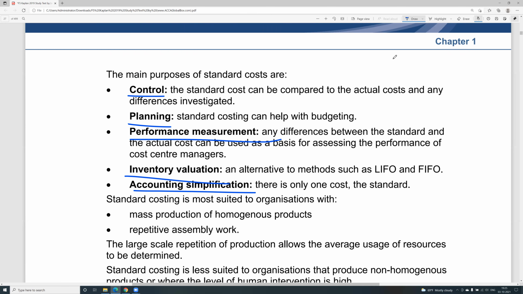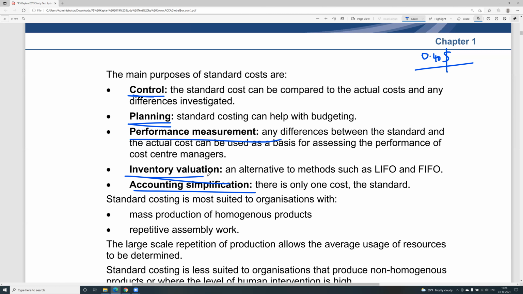If you have a standard cost, suppose I'm making a Coca-Cola bottle. The cost of making a Coca-Cola bottle is, suppose, $0.4, for example. When I know the cost of this product, I can control the organization. I can plan ahead and say, okay, I can produce this many. Then you can measure performance and see how many units are created in an hour, how much demand can be met. You can at least think about it.